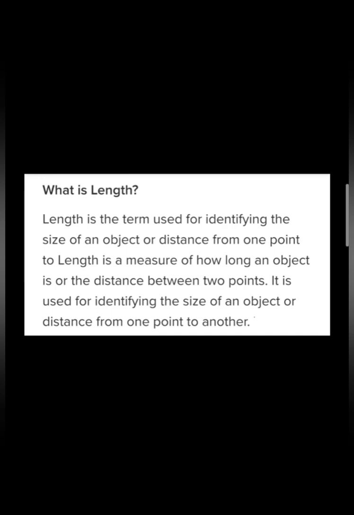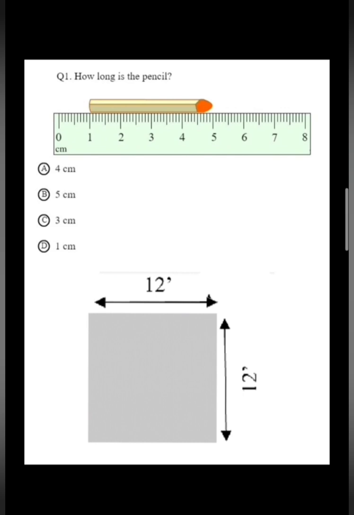What is length? Length is the word which is used for identifying the size of a particular figure or an object. For example, you can measure with using a ruler what is the length of the side of a square or a triangle. Similarly, if you look at the ruler, you will have a measurement in numbers given on it. For example, using a ruler, you can measure the sides of an object, which is called the length of that object. Here in this figure, you can use a ruler and with the help of it, you can measure the sides of any plane shape.